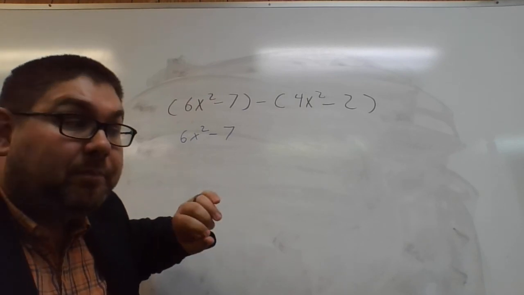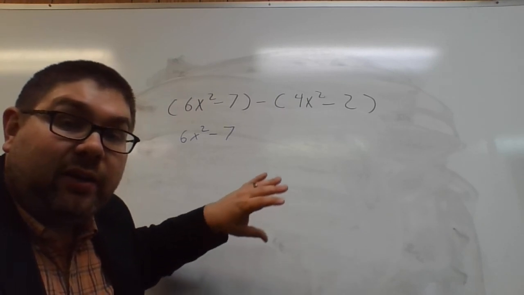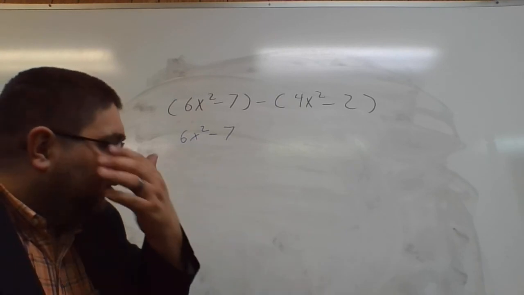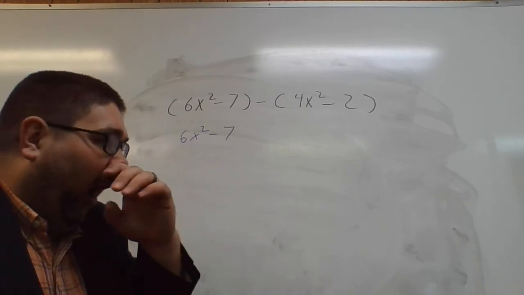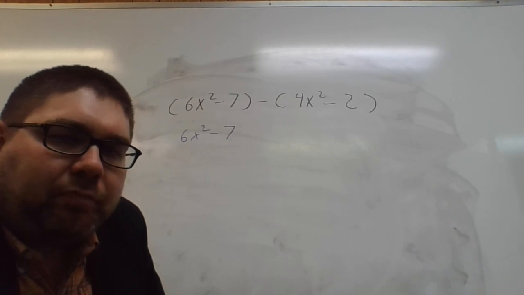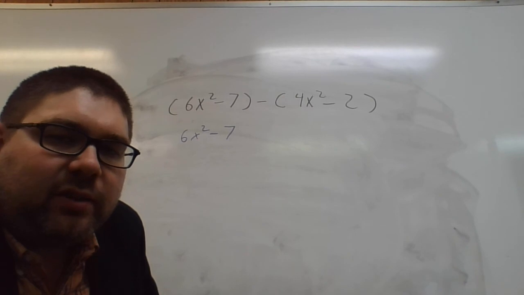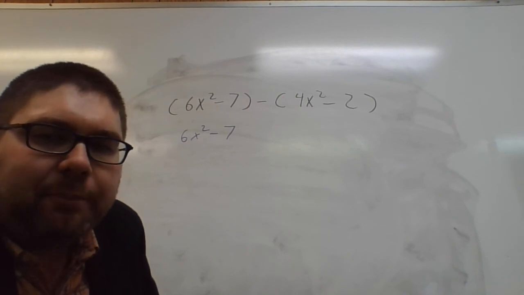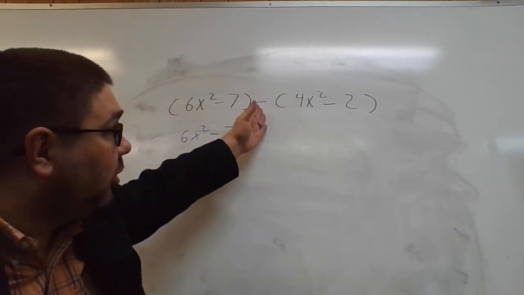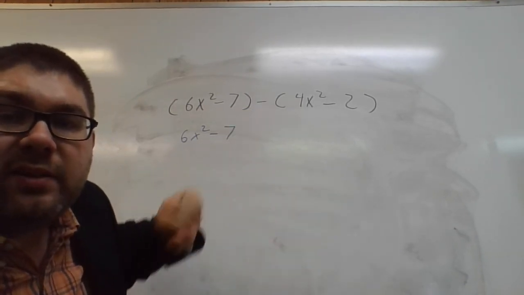This is why. Anytime in algebra, when you see a set of parentheses and you see a term, whether it's a number or a variable, directly touching parentheses, it means that you multiply. And you might say, but this is a term, but it is. The minus sign,